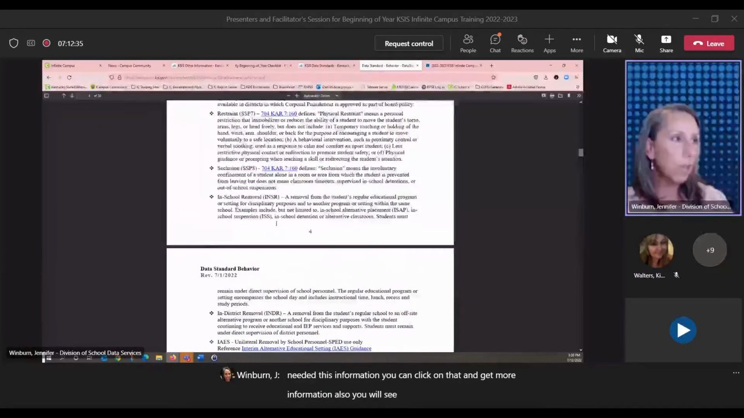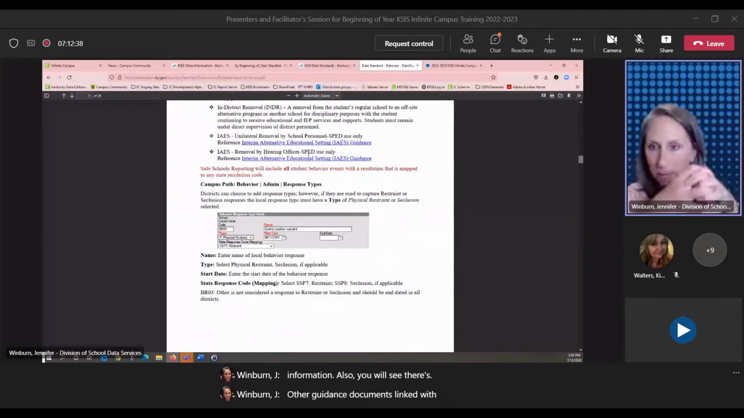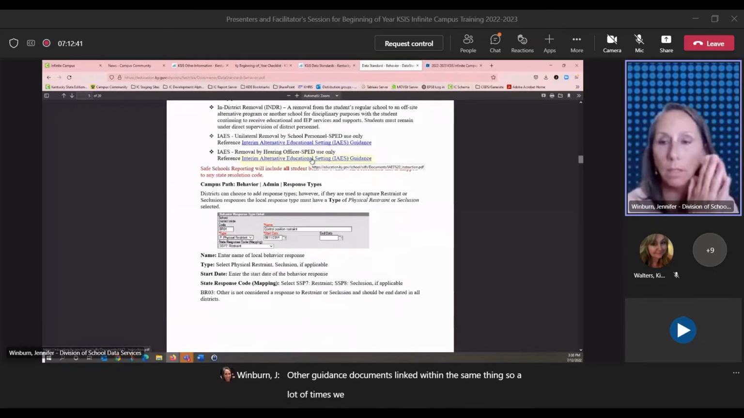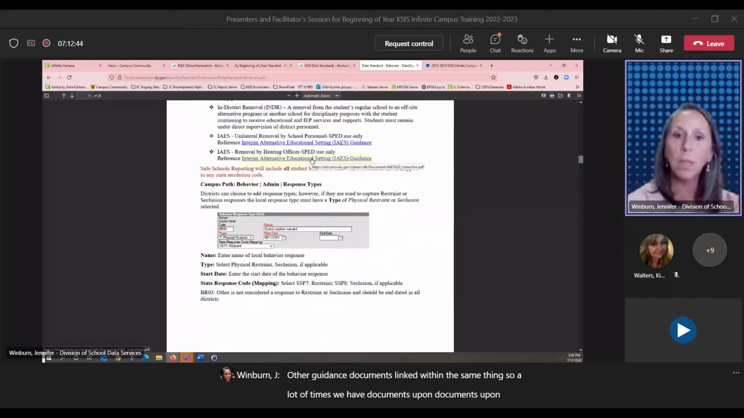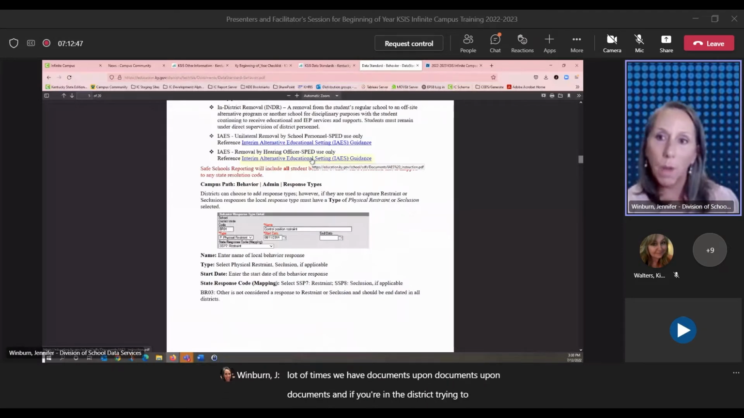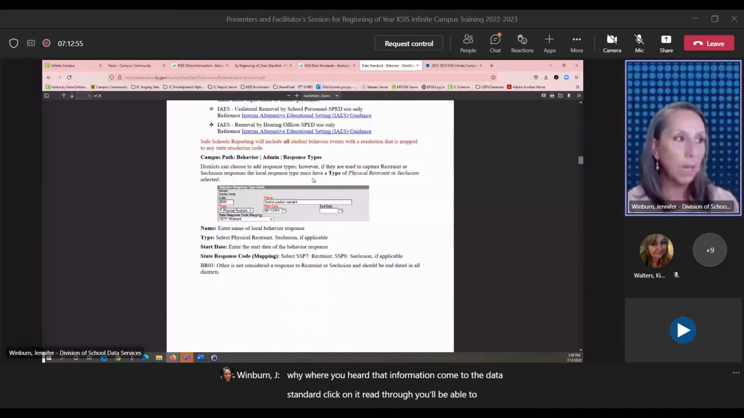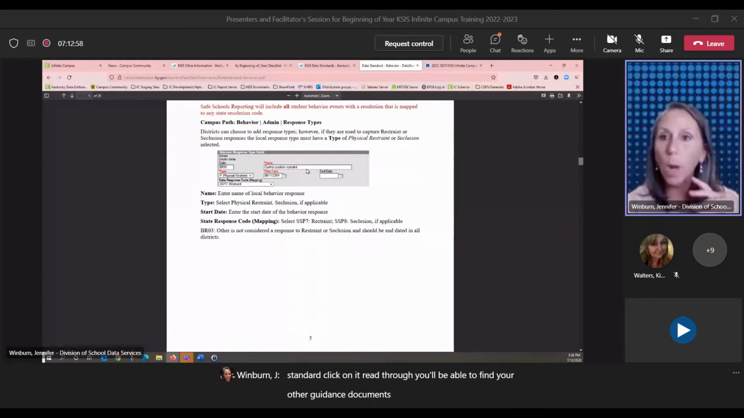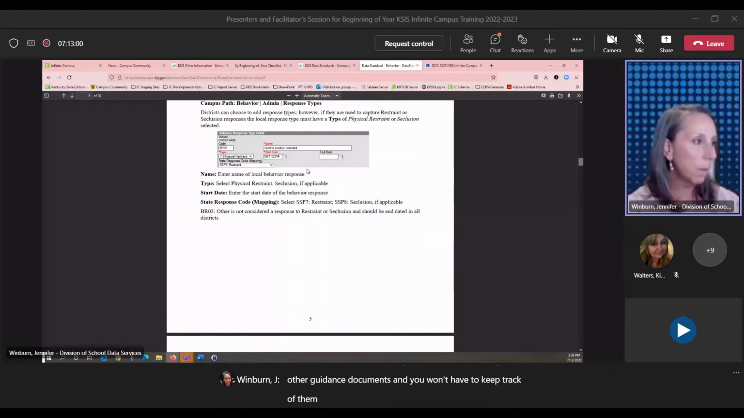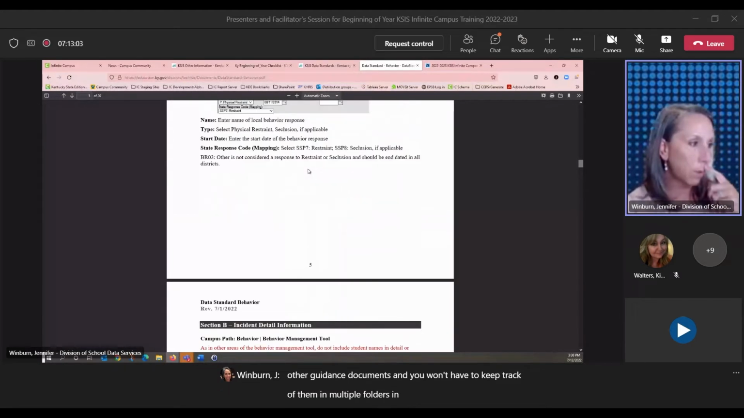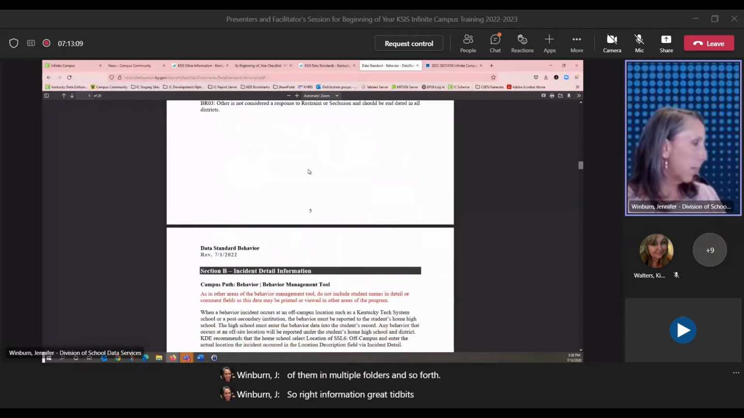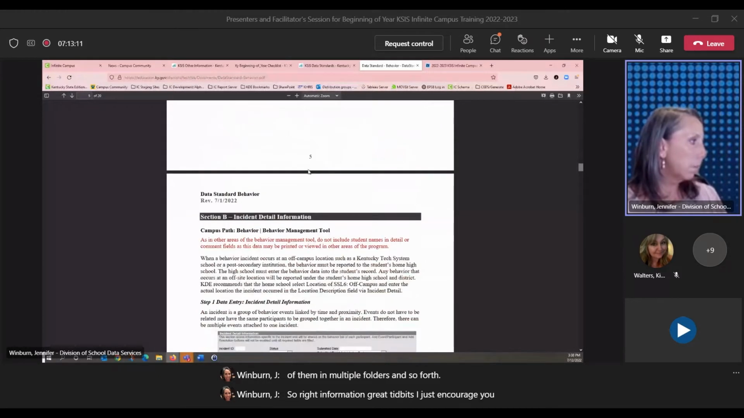Also, you will see there's other guidance documents linked within the same thing. So a lot of times we have documents upon documents upon documents. And if you're in the district trying to remember where you heard that information, come to the data standard, click on it, read through. You'll be able to find your other guidance documents, and you won't have to keep track of them in multiple folders and so forth. So great information, great tidbits. I just encourage you to take a moment and